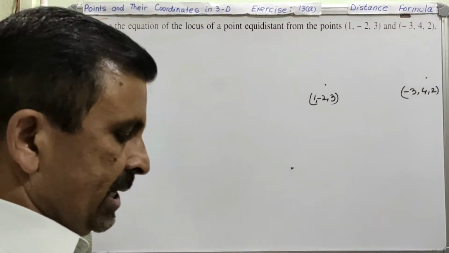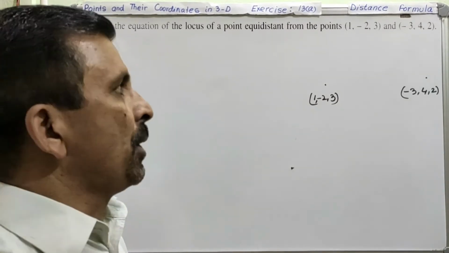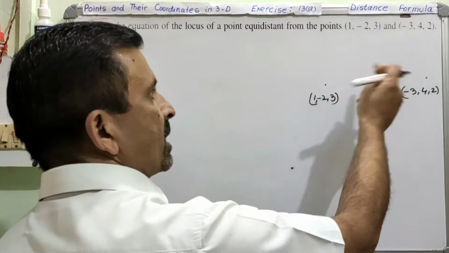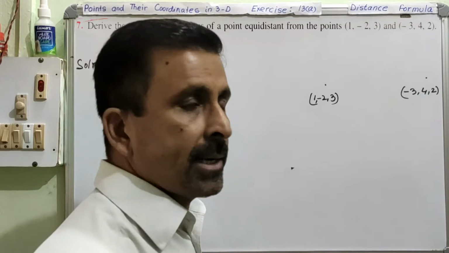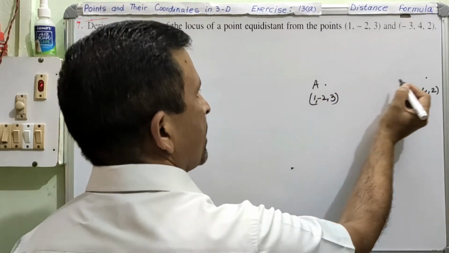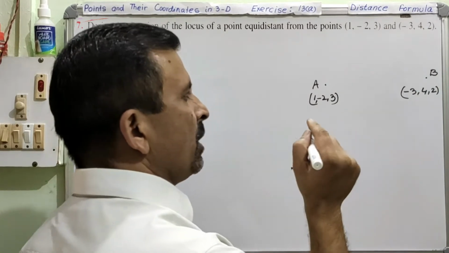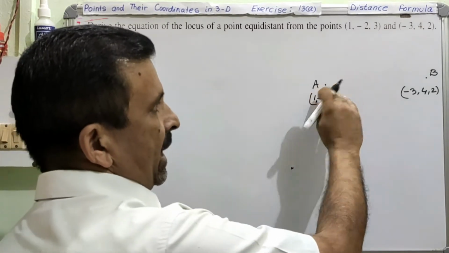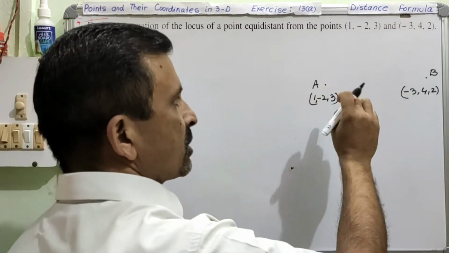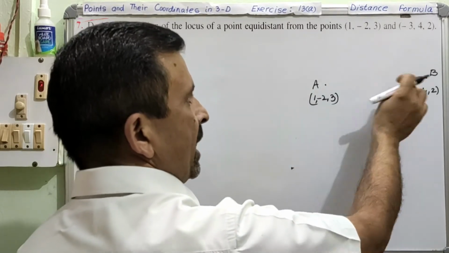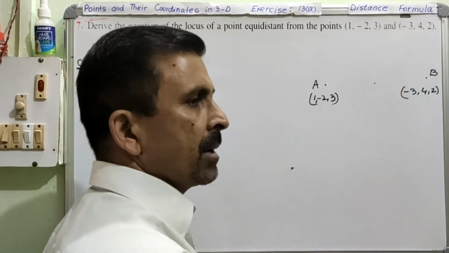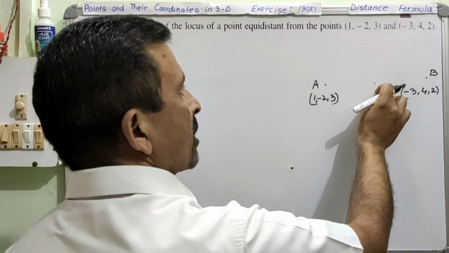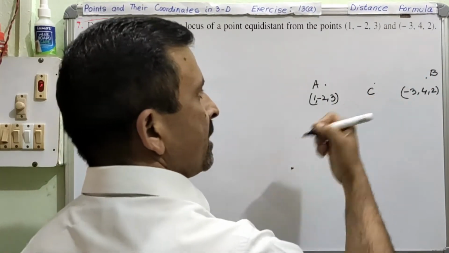So now what the question says is these are the 2 points on the plane, in the 3D plane. Now we have to find the locus of a point which is at equal distance from these 2 points, right? Let me name this point as A and this point as B. Now you have to find a point which is at equal distance from A and from B, right? So when you find the point which is at equal distance from A and B, it will be somewhere in the middle. Are you getting me or not? So this is the point which is at equal distance from A and also from B. Let us name this point as C.